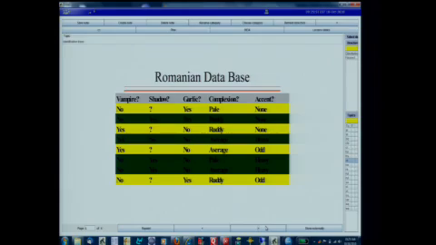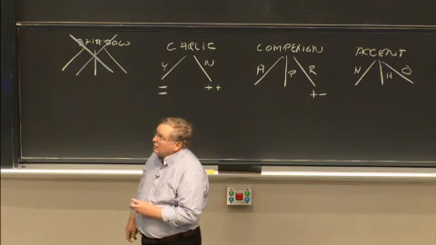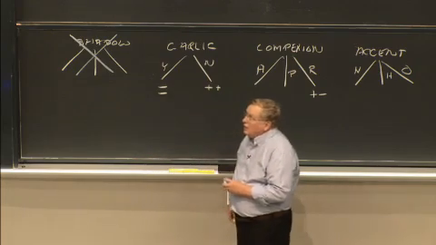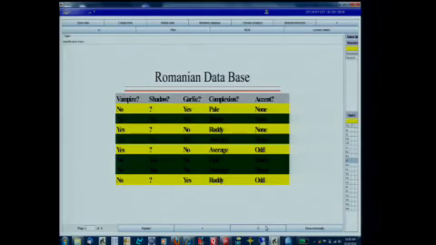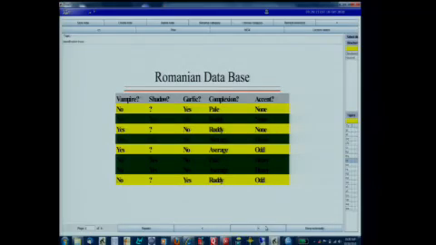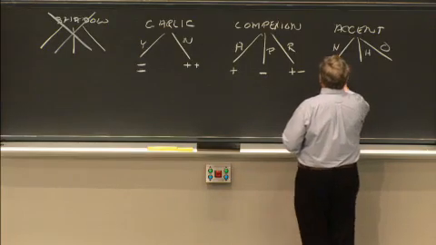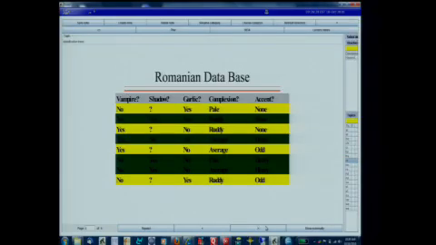2 ruddies, a yes and a no. One pale, and that's a no. And we must have 1 average, and sure enough, that's a yes. Now we can do accent, the one on the far right, and look at how that measures up against the people who are still under consideration as samples. Accent, let's see, 2 normals, a yes and a no. 1 heavy, no heavies, 2 odds, a yes and a no.